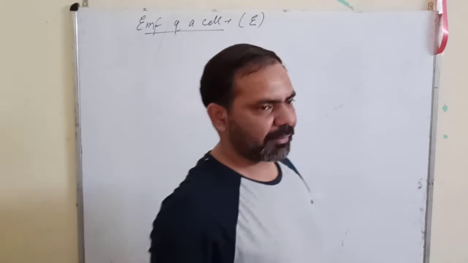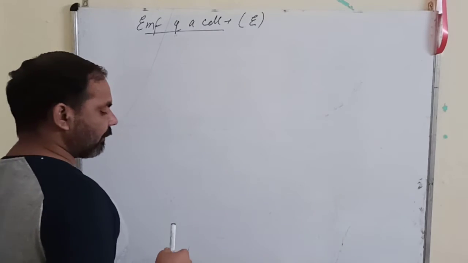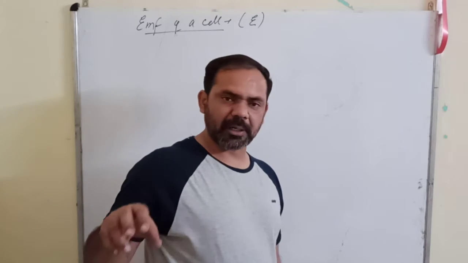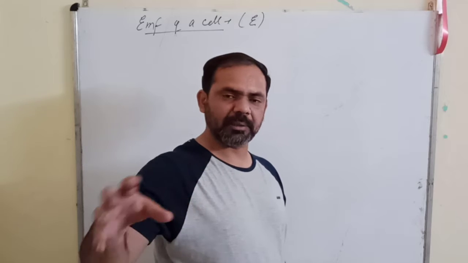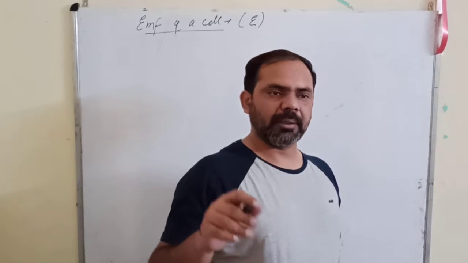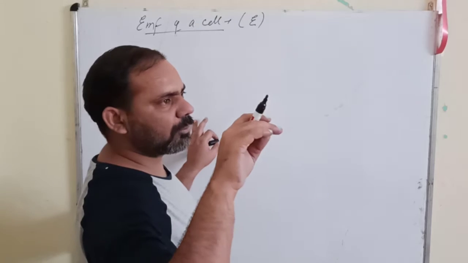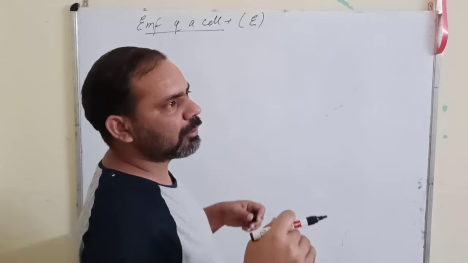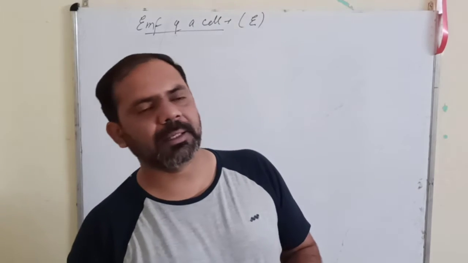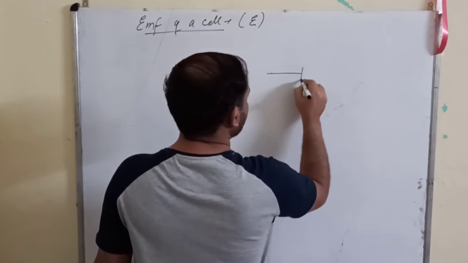Okay, how can we define the 1 volt EMF of a cell? The EMF of a cell is said to be 1 volt when 1 joule of work is done in taking 1 unit charge from the positive terminal towards the negative terminal when the circuit is open. Okay, when the circuit is open, if the cell is doing 1 joule of work on 1 coulomb charge in taking the charge through the circuit, then we say that the EMF of the cell is 1 volt. Once again I would like to repeat here.